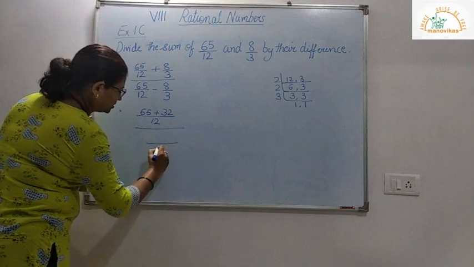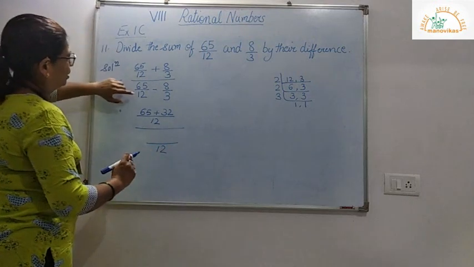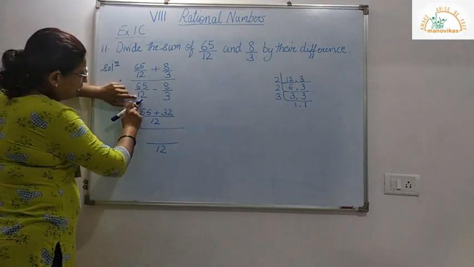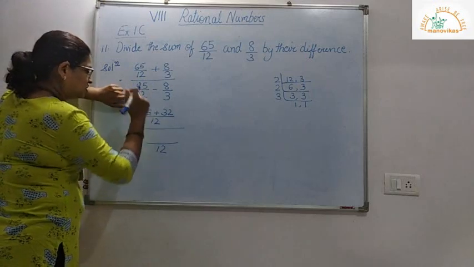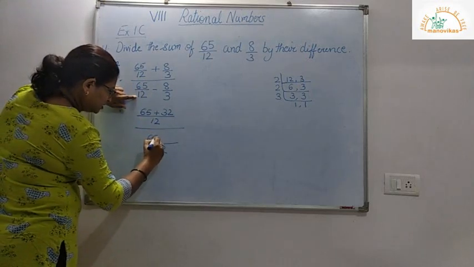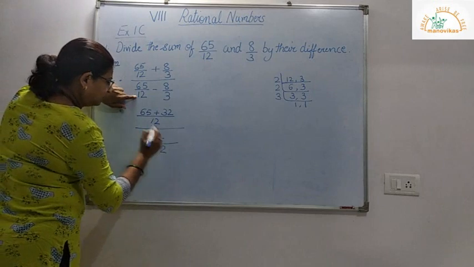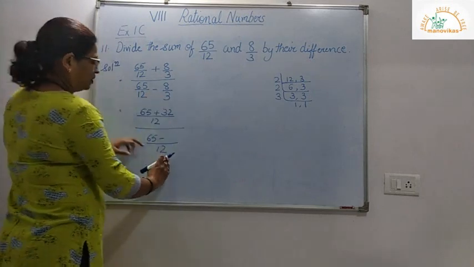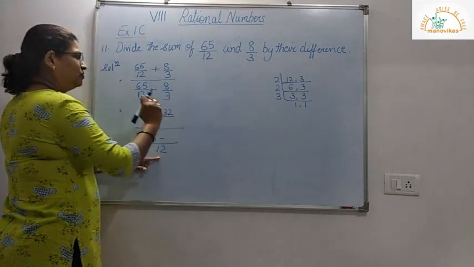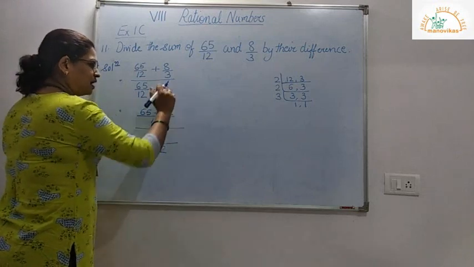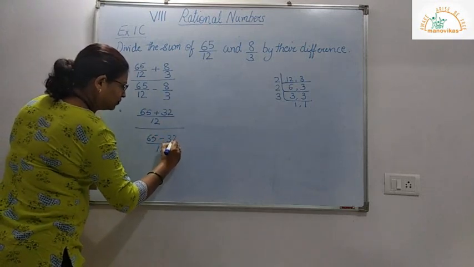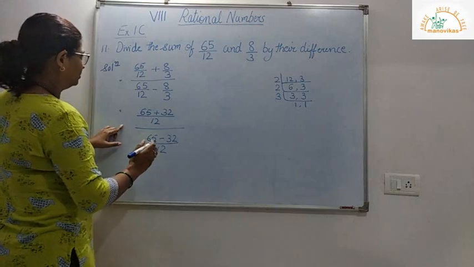Similarly in the denominator, what difference we are going to find out, again here also the LCM is 12. Again I divide 12 divided by 12, that is 1. 1 into 65 will give you again 65. My negative sign here. Then 12 divided by 3 gives you 4. 4 8s is 32.